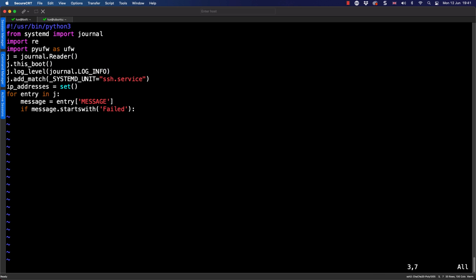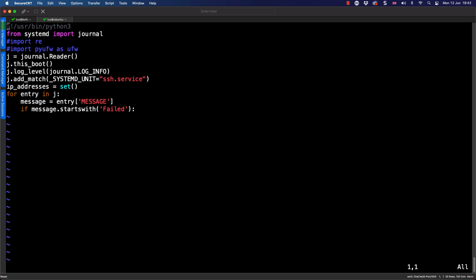So as we go through, we can start looking at these import lines. These are modules we're not going to be using at the moment. So I can comment out our regular expression engine. We don't need to be using this. And we won't be working with our firewall just yet. So you can see I've commented out those two lines.